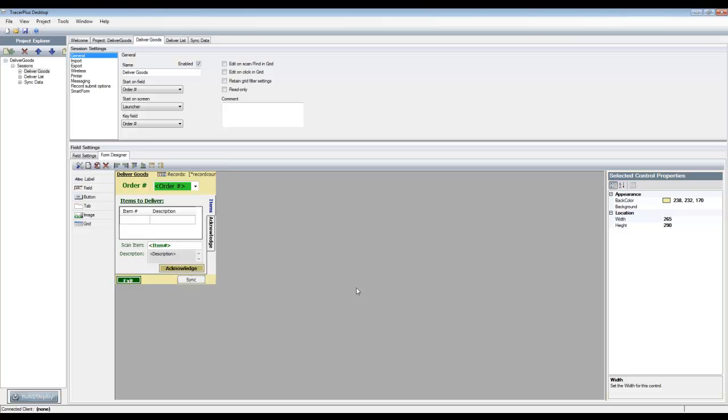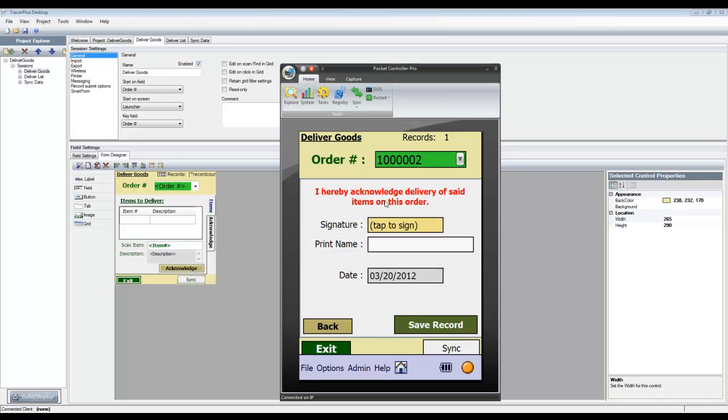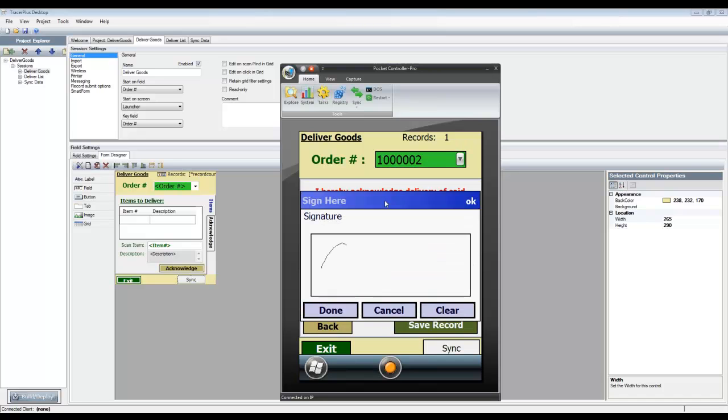So we'll go to our deliver goods. I selected our second order. We're presented with 2 items to deliver, so I'll key those in. So once we go to acknowledge, we'll go ahead and capture the signature, type in the name,